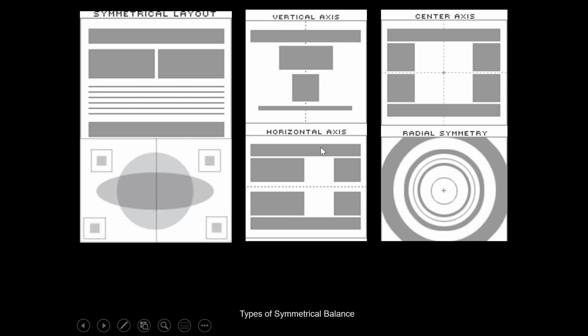We could, theoretically, have horizontal axis symmetry, where we're drawing a horizontal line and talking about whether or not there's the same amount of visual information on the top and the bottom. But we tend to not care about that one as much because gravity. We're used to there being a lot of extra stuff on the bottom of our field of vision. Really, the only time anybody notices horizontal axis symmetry is when we have a whole lot of stuff at the top because it's unexpected. We could also have what's called center axis symmetry, where we have both a vertical axis